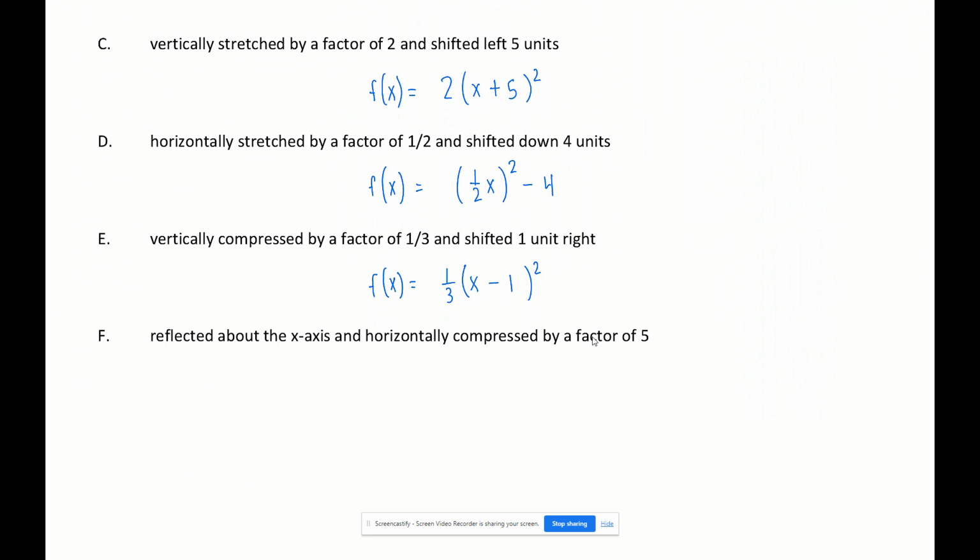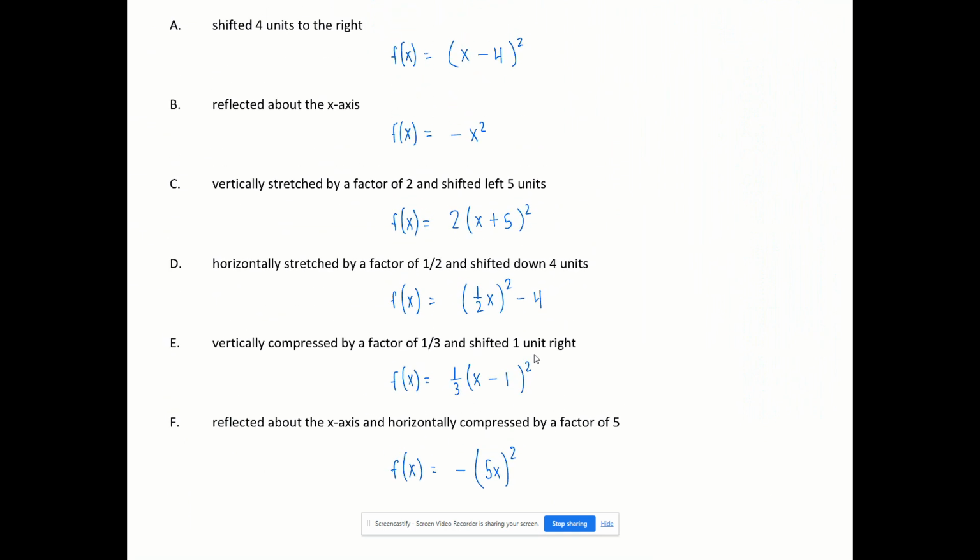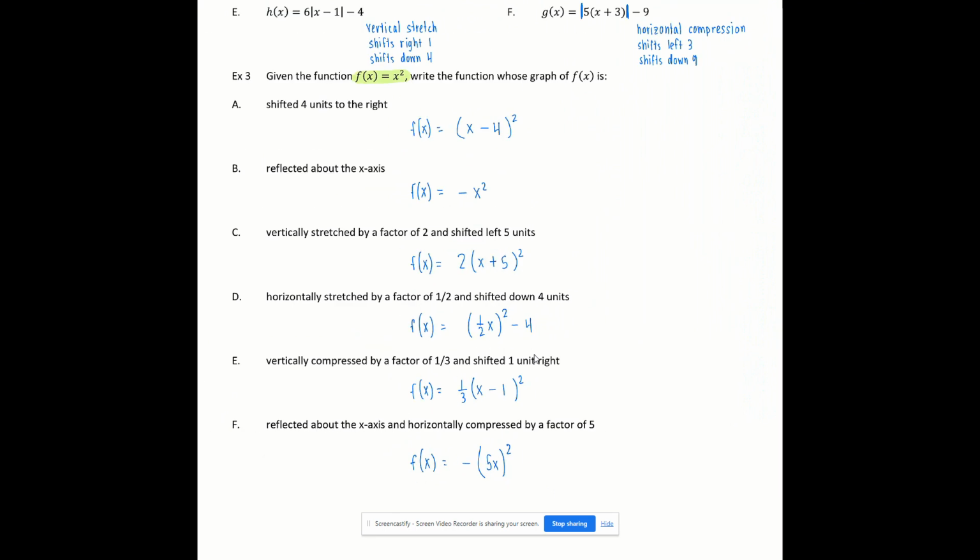And last one, reflected about the x-axis. Again, here's the x-axis, so reflections here would be on the outside. So I'm going to go ahead and put that negative out there. It's horizontally compressed. Where does that have to happen? Horizontal happens where? Inside. So I put that 5 with that x inside, and that's it. So I close that parenthesis, and I put my square on the outside. So there it is, guys. Whether it's describing transformations that you see or taking described transformation and writing equations, you should be able to do